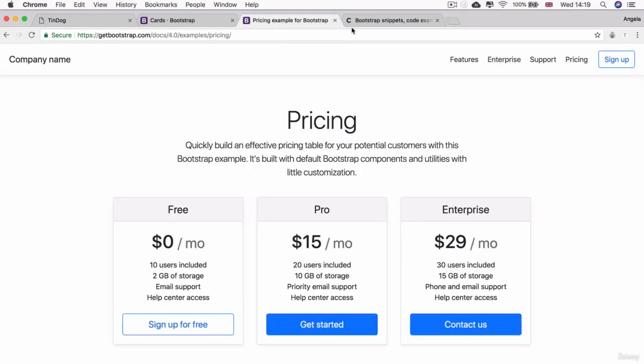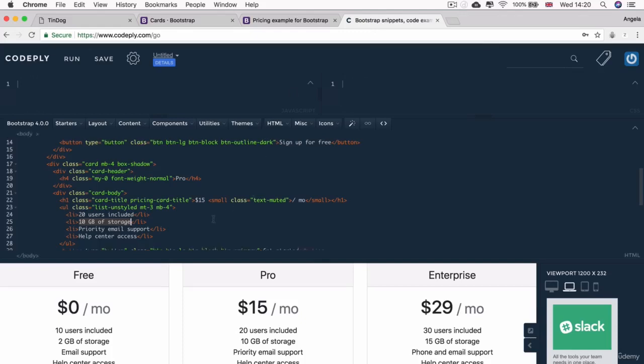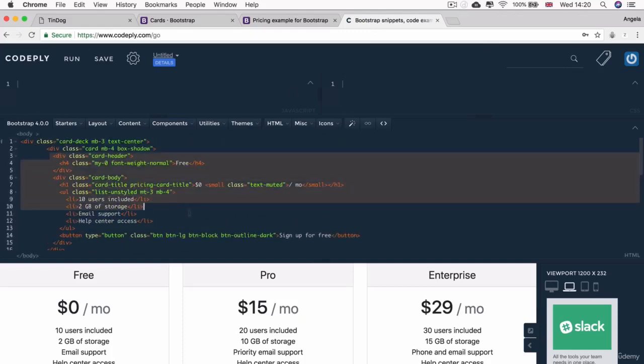But in our case, we're learning about Bootstrap, so as always we want to understand what we're doing before we start just blindly copy and pasting code. So let's try and understand how this pricing table was constructed and create our own using the same underlying Bootstrap components. So in the example code that you see here, the word that comes up the most often is this